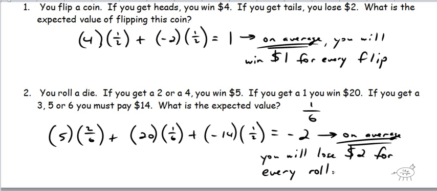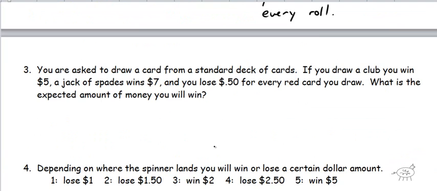Okay? So a good way to explain it, right? As opposed to saying you'll win negative $2, it doesn't even really make sense. You don't go, woo, I'm a big winner, I won negative $50. Okay, you're a loser. Well, that's kind of sad saying, but you lost the money. Okay, so make sure you tell me you either win or lose. Okay, let's keep going here.